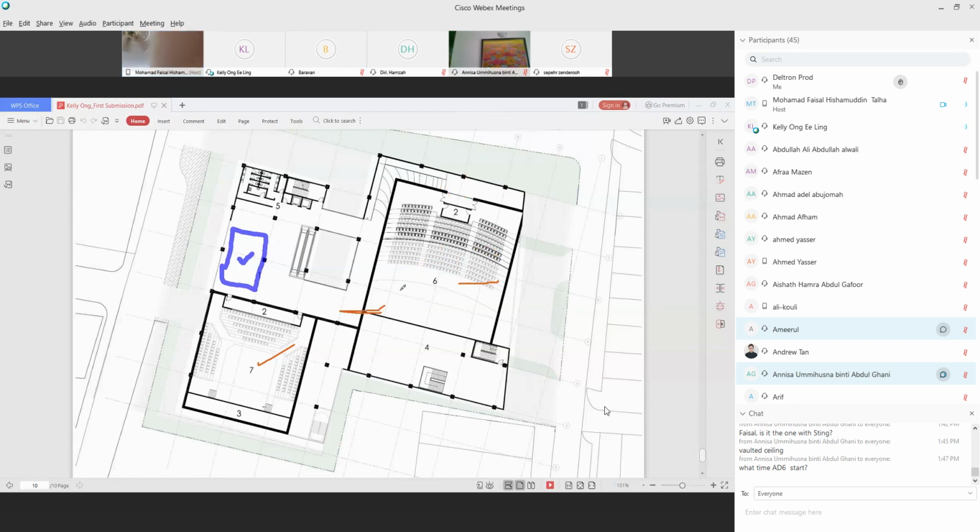Because I designed it like this, like that, and then like that. Like the seating. Okay, the seating is here, can move. I designed it like a stadium, and then like that. So that's why my corridor is here and here.